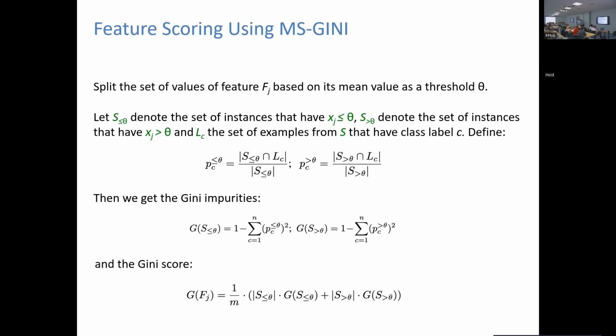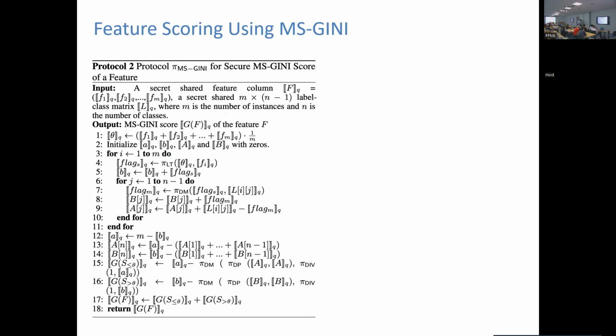And then the Gini impurity of the feature in general is the weighted average of these two values. So you have to compute this expression, which is 1 divided by m, the size of the set, times the size of one set times its Gini impurity, plus the size of the other one times its Gini impurity. Okay, so how do we do that in a secure way?